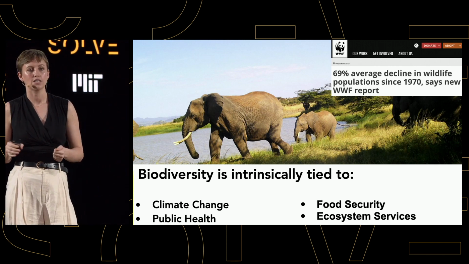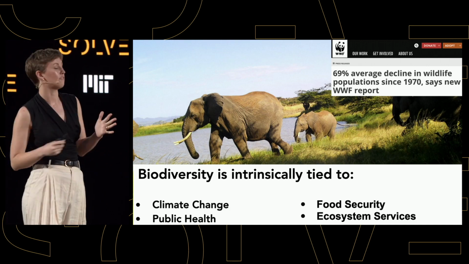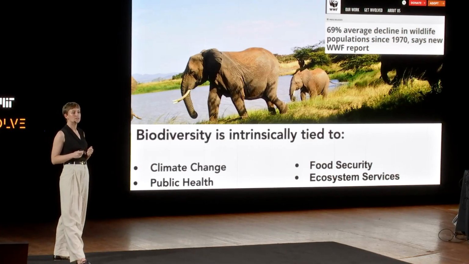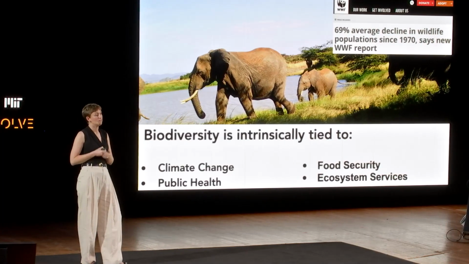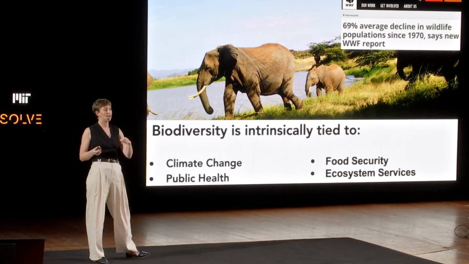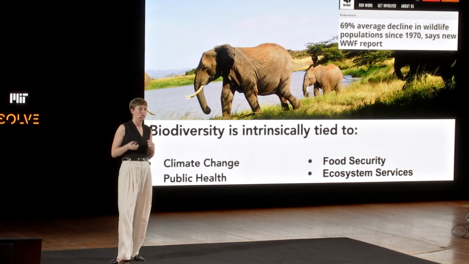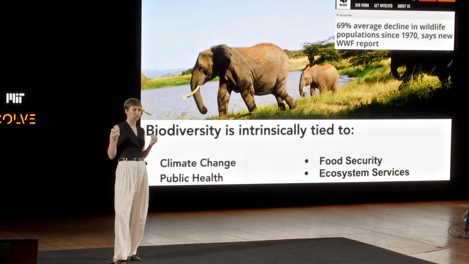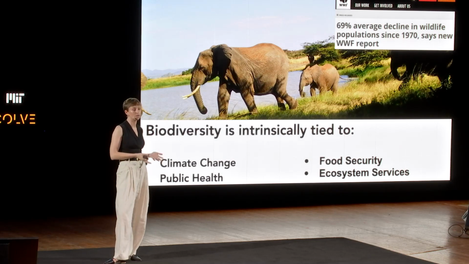And that biodiversity, this existence of living wildlife on Earth, is intrinsically tied to a bunch of things that are of social importance as well. Things like climate change. Biodiversity actually impacts climate change too, in the other direction. Biodiversity is one of the big factors in what's called bioturbation that takes forest carbon, which is on a life cycle of about 100 years, and transmits it into soil carbon, which is a life cycle of closer to 1,000 years. So when we're thinking about carbon emissions, we really need these complex ecosystems that help transmit carbon into more stable storage systems.